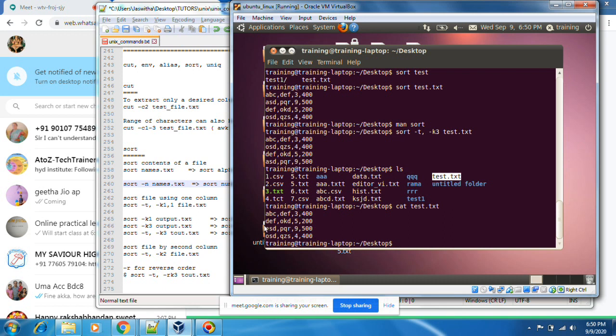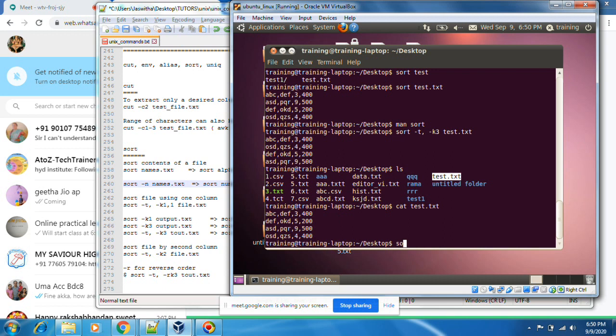Same like that, I want to sort the entire file. Right now these are not sorted. See, first A is there, second A should come in the second line, D will come after that, like that. I want to sort the entire file based on the first character.